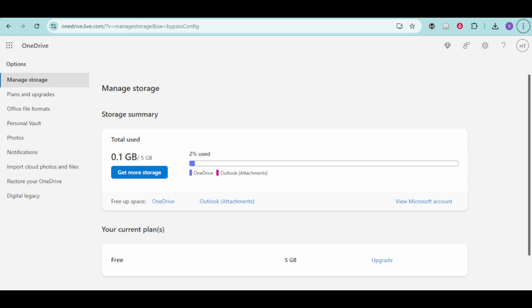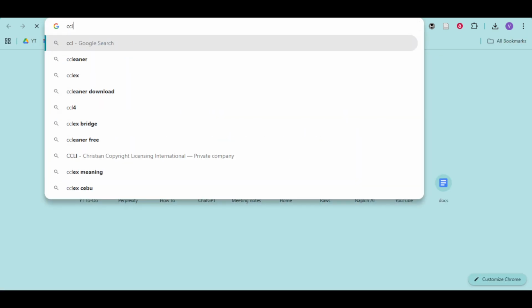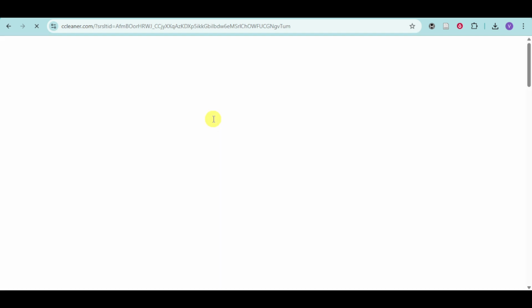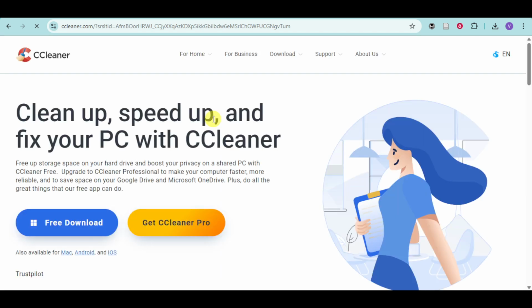Another option that you can do is you can also proceed to install a reputable duplicate file finder tool. Examples of this are Duplicate Cleaner and CCleaner. So head over to a new tab and then find CCleaner and then make sure to click on this and install it in order to actually remove duplicate files directly on your OneDrive. Just sign into your OneDrive account through this tool and you should be able to help it scan your files